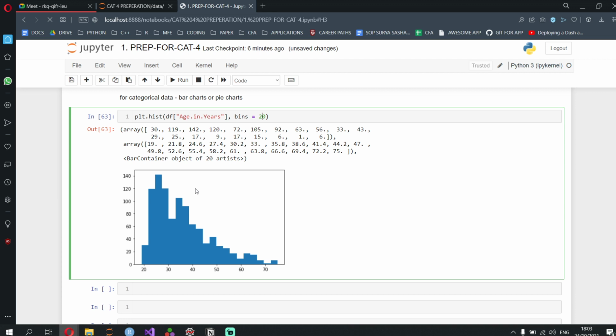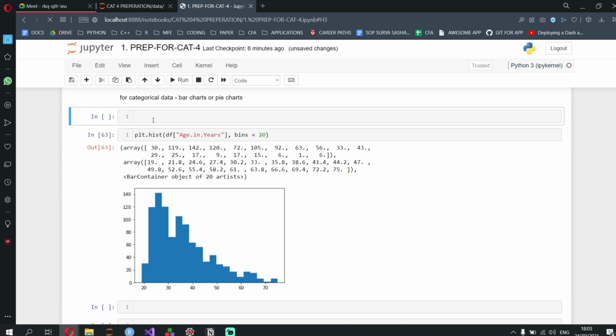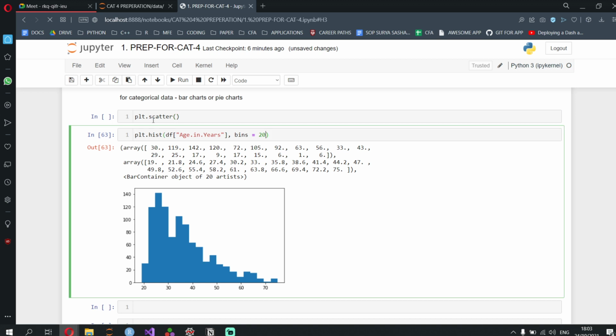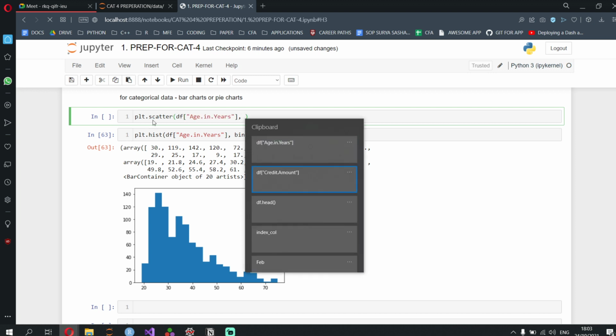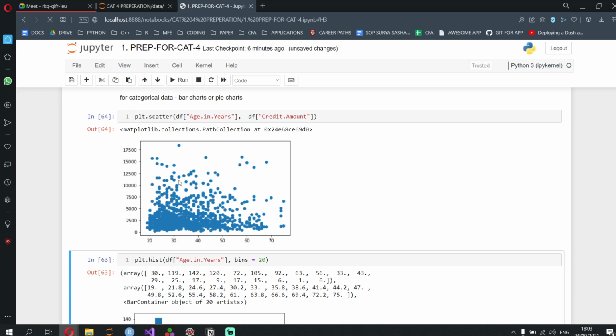So this is with respect to plotting. If you want to know what function to use, put plt dot, and if you want a bar plot, type ba and you'll get bar. If you want a histogram, you put plt.hist. If you want scatter, the scatter also works. For this, maybe we can do df of age and then years. Okay, this is a really good plot.